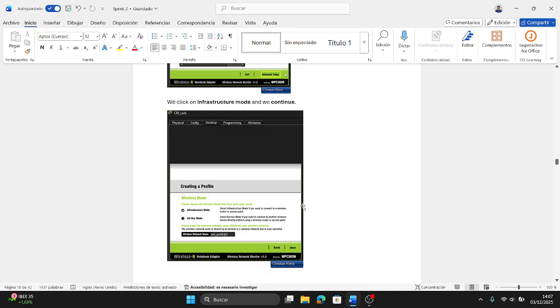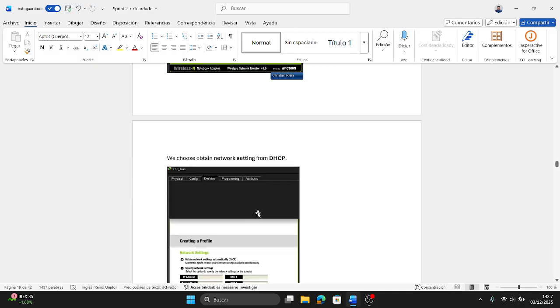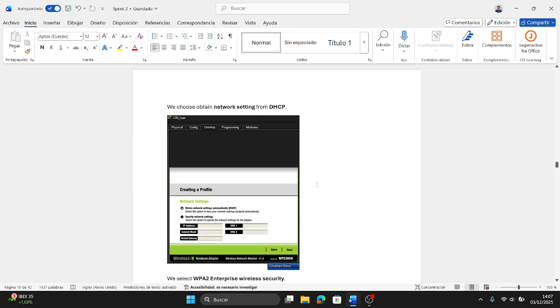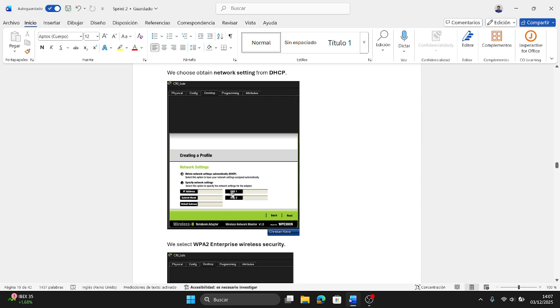We are going to start creating the profile, and we click on infrastructure mode, and we continue. We choose obtain network settings from DHCP, and we continue because the IP and the subnet mask are going to come from the router.